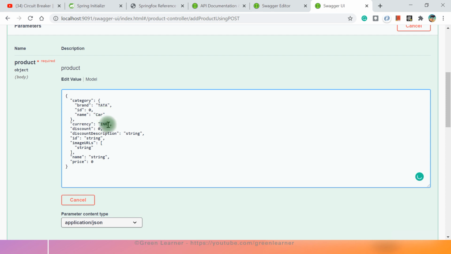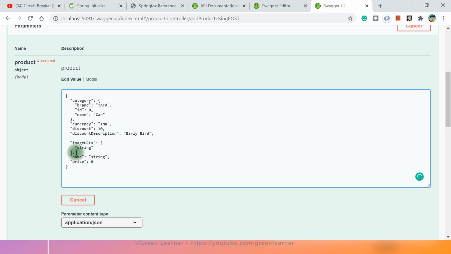Car, currency, INR, discount 10, discount description, early bird, just give it an ID. Remember, this is the category ID, just let it be like this one. And here, this is the actual product ID. I do not want to mention it. I'll let the system generate it for me.